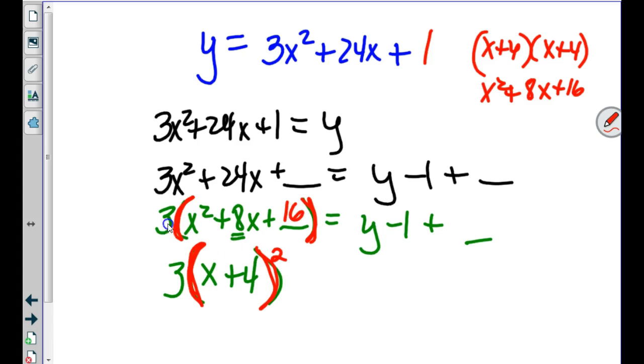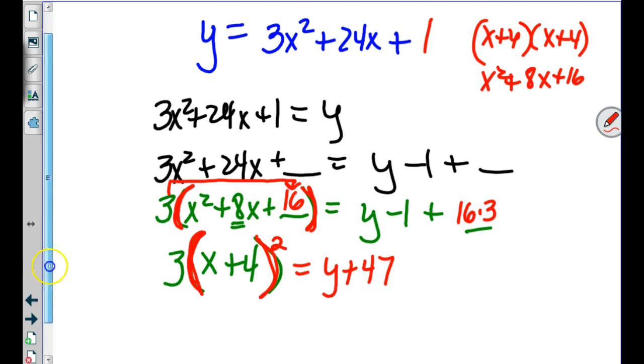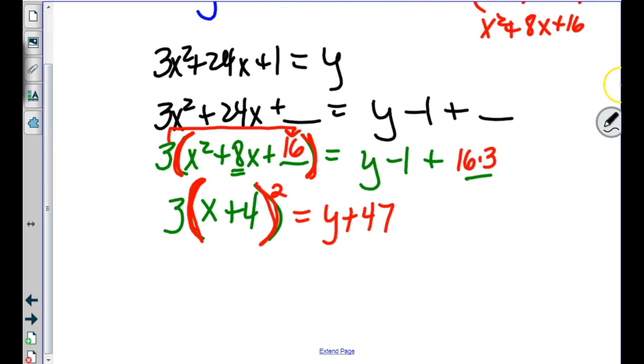So now the 3 out here is still there. But as far as making it equal the other side, because we randomly added a 16 times 3 over here, we have to add a 16 times 3, which is a 48. So 48 minus 1 is beautiful. Glad we don't have to graph this. Okay, are we done? No. The form on my sheet,